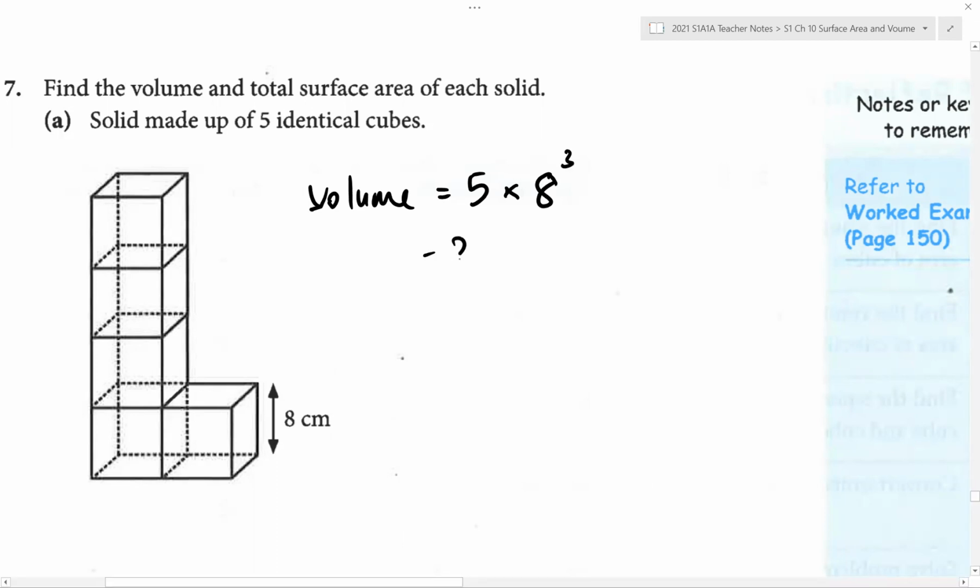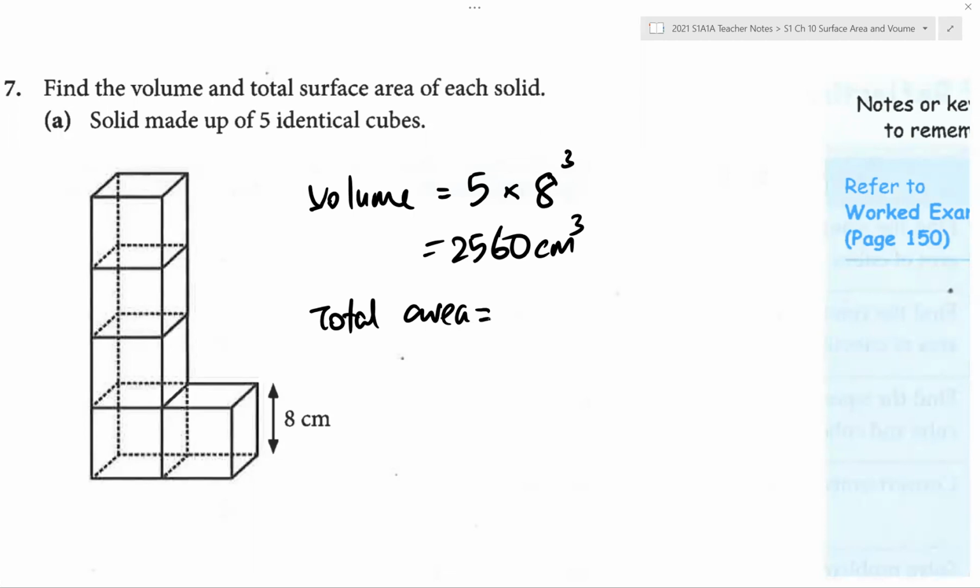So we get 2560 cubic centimeters. That's the volume. Now, total area. You can go and count the number of squares, or you can go by the different views to find out